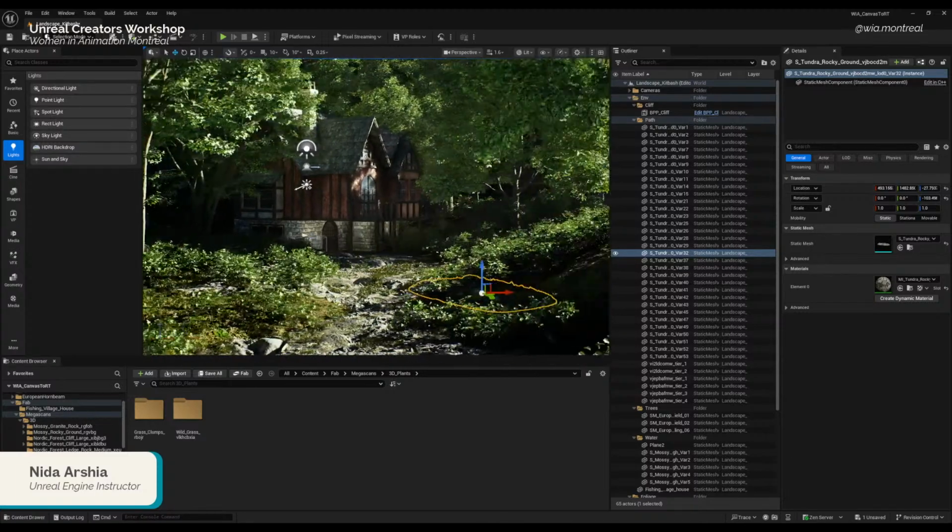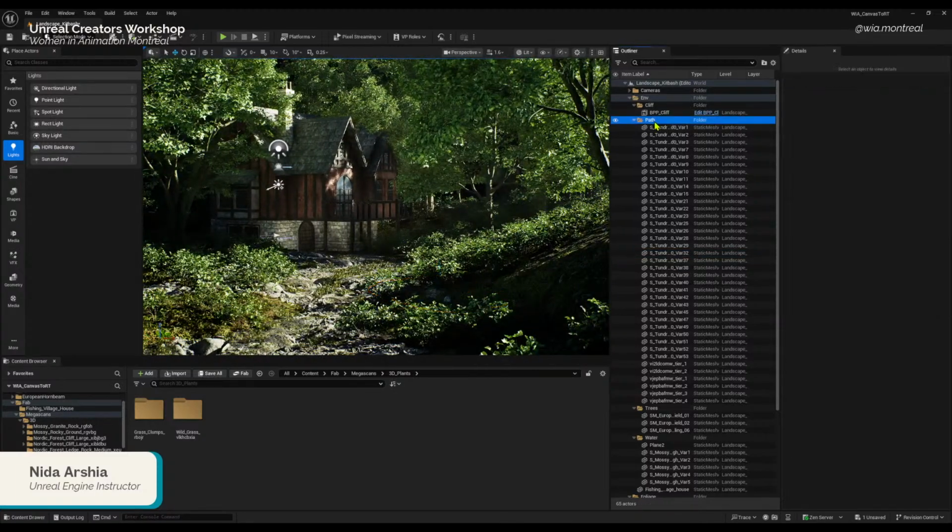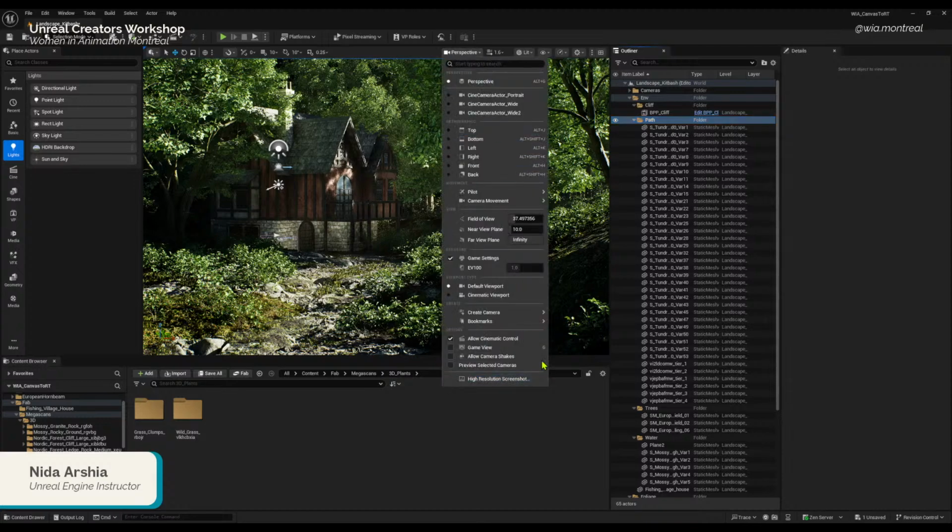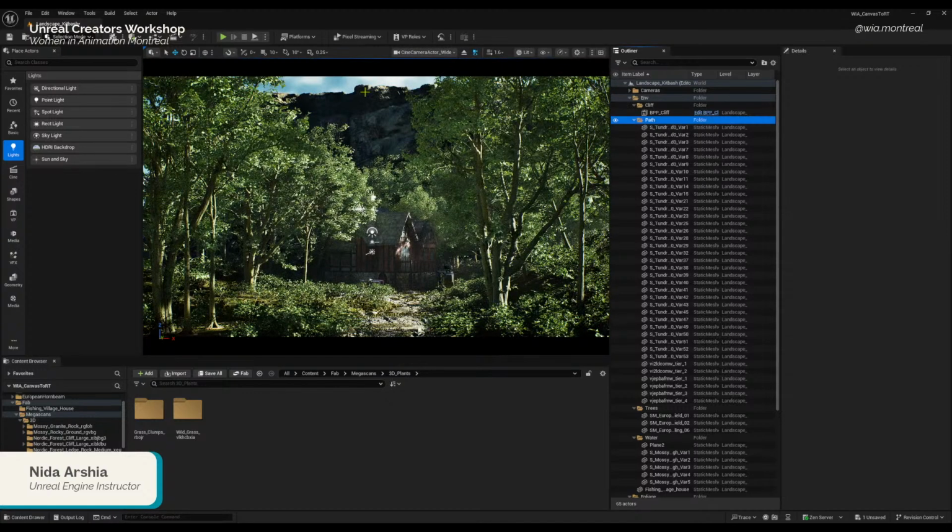I hope you all are following me. So we looked at these settings. We're going to look at a few more as we are working. I am going to go to the camera that we have already created, and let me select this camera.